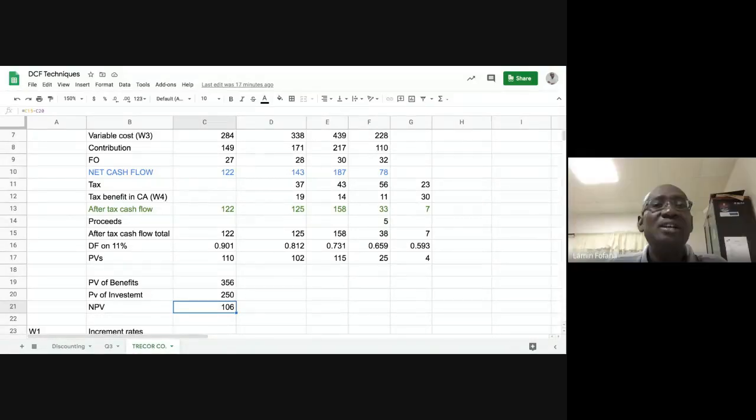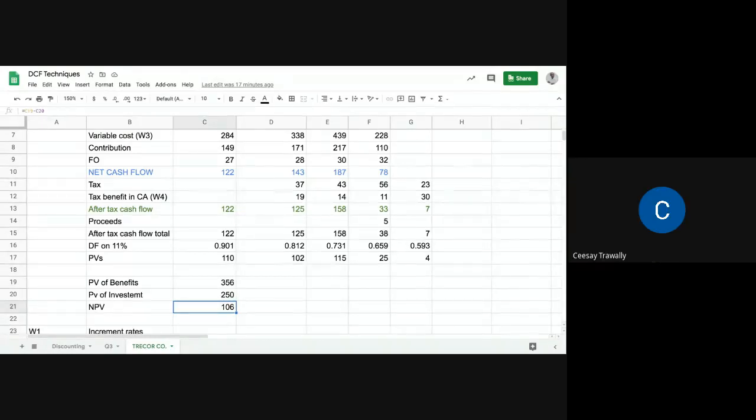Okay. Yeah. So let's agree on a date. Let's agree on a date. We can discuss that on the WhatsApp page because most of them are